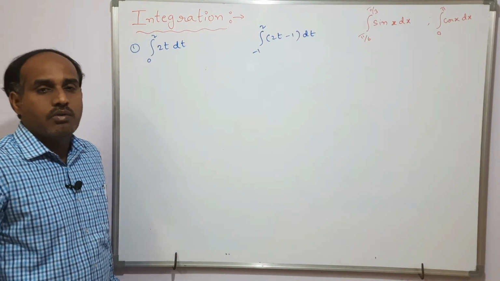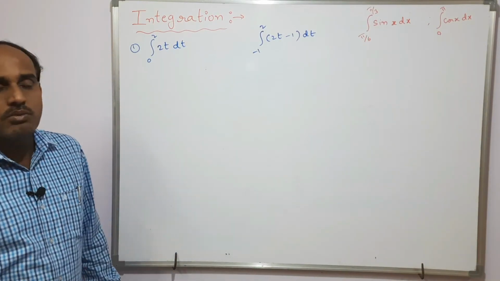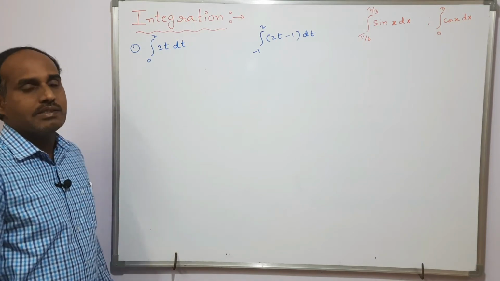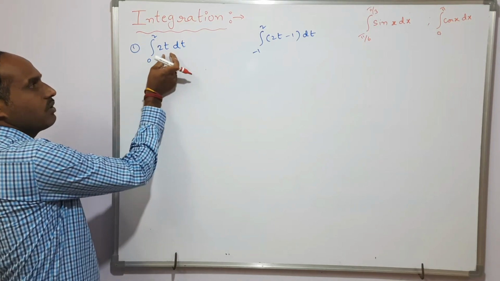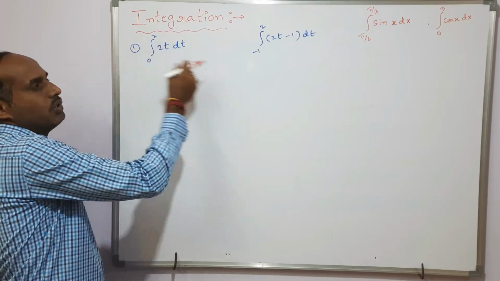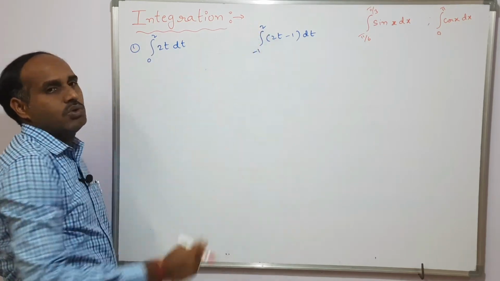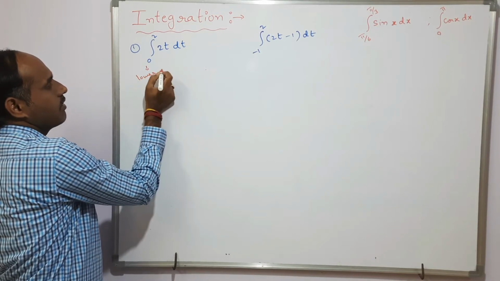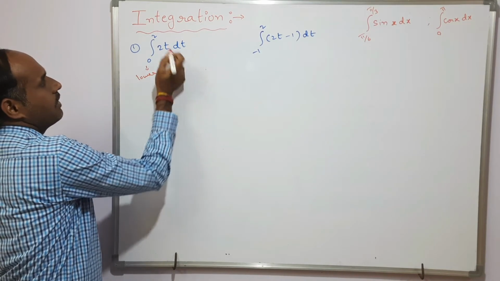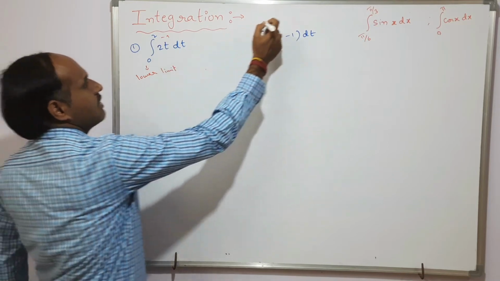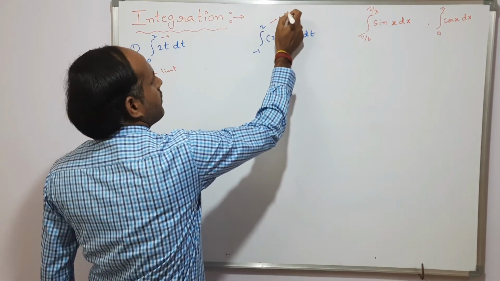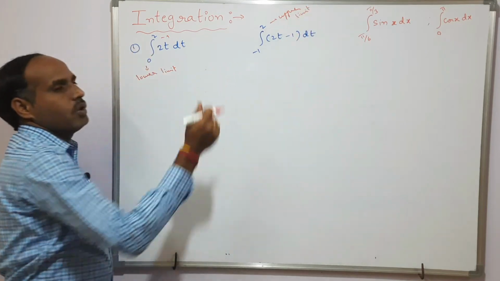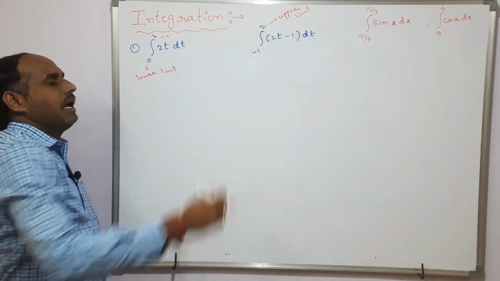Up to now, whatever we have previously discussed are said to be indefinite integrals. Now when you come to definite integrals, we have the limits of the function, 0 to 2. In this problem, minus 1 to 2, this is called the lower limit, and here it is called the upper limit. Always, whatever the limits are, the bottom one is said to be the lower limit, the upper one is said to be the upper limit here.